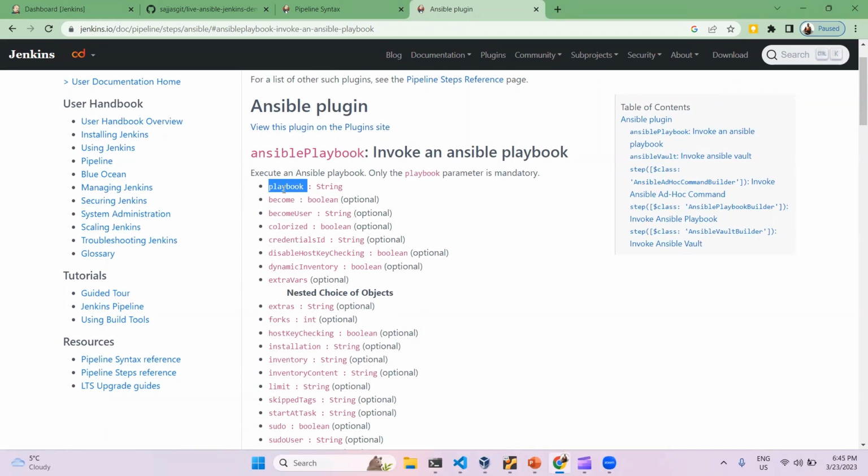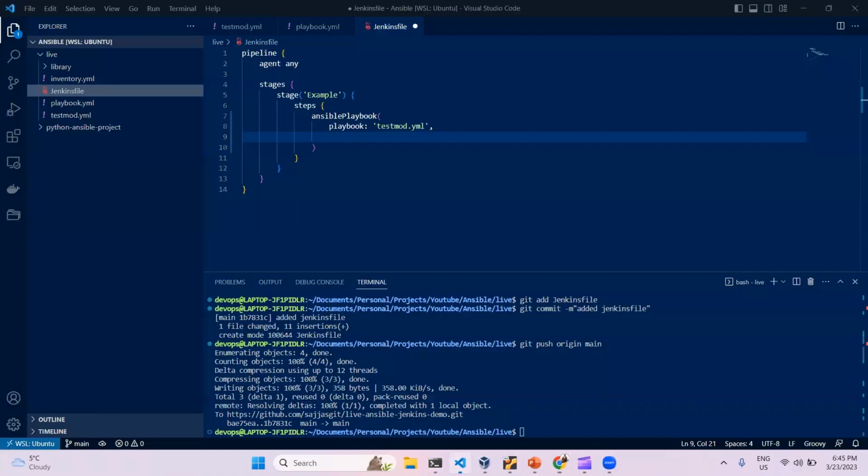But in order to run the playbook, we also know that we need a playbook and also an inventory. These are mandatory fields in order to invoke Ansible playbook from the Jenkins. Otherwise, it will not be able to connect to the remote server, and it will not be able to find where exactly and how exactly it needs to connect to the server. That's why we need to pass these values. We have passed the playbook already. Now we need to pass the inventory file, inventory.yml,